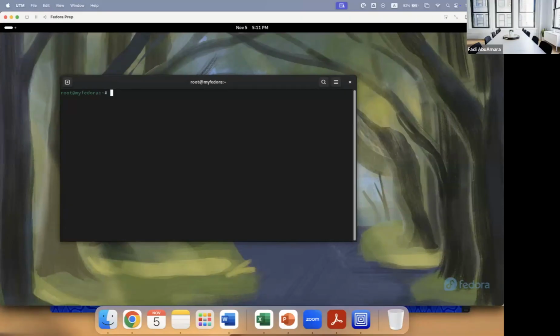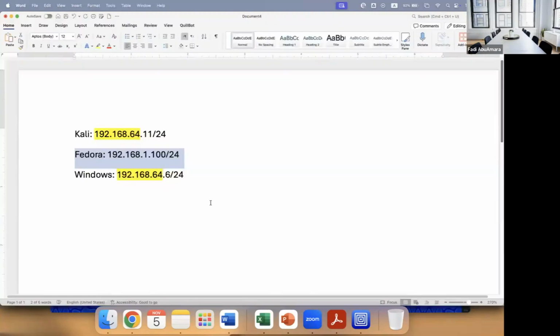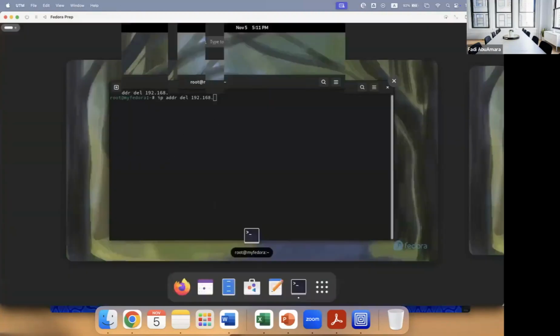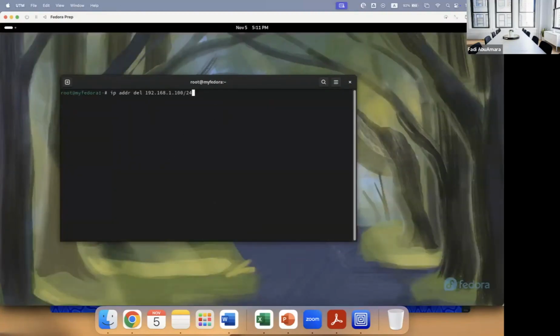So now we need to change the IP address for Fedora. Let's follow these steps. ip address delete 192.168.64.100 with subnet mask 24 from the device enp0s1. Okay, it's deleted. Then let's use the command ip address add